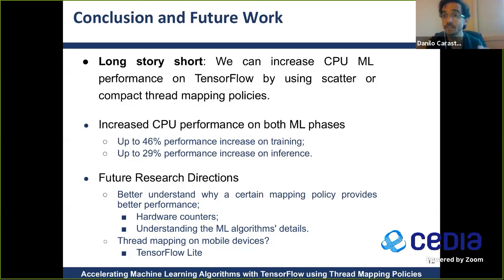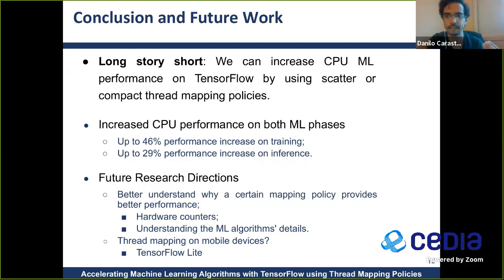In this case, we don't need to have an accelerator device to make our applications faster. We don't need to drastically change the code of the benchmark of our machine learning algorithm to get these performances. We just need to straightforwardly change a variable in here, and you go, we have the performance. And well, okay, we understood a little bit better about what happens when you change the thread mapping,